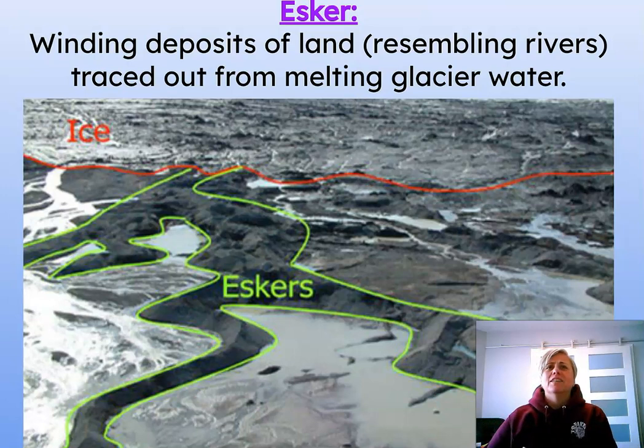So what an esker is a winding deposit of land. It kind of looks like if a river could be made out of dirt, this is what it would be. It'd be an esker. And it's been formed from the melting running water that's been going underneath the glacier. What? Okay, so remember back to that little video that I showed you with the glacier, and I was telling